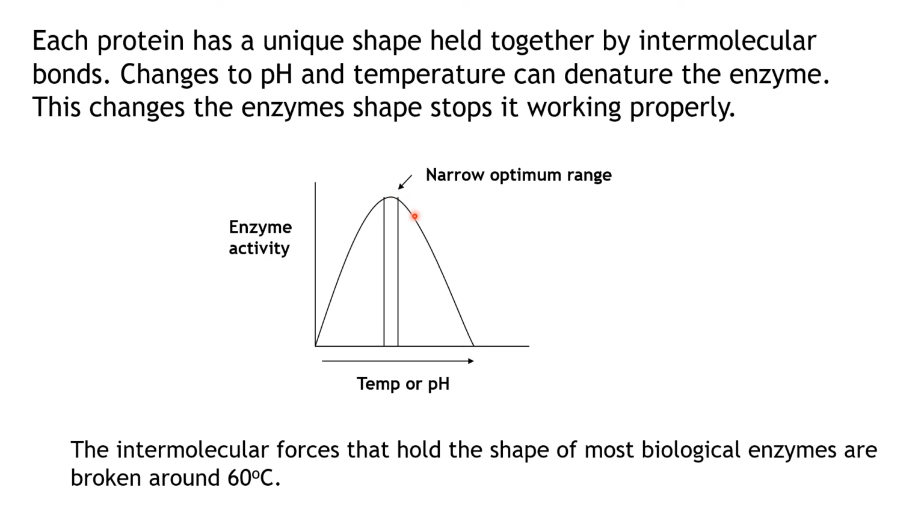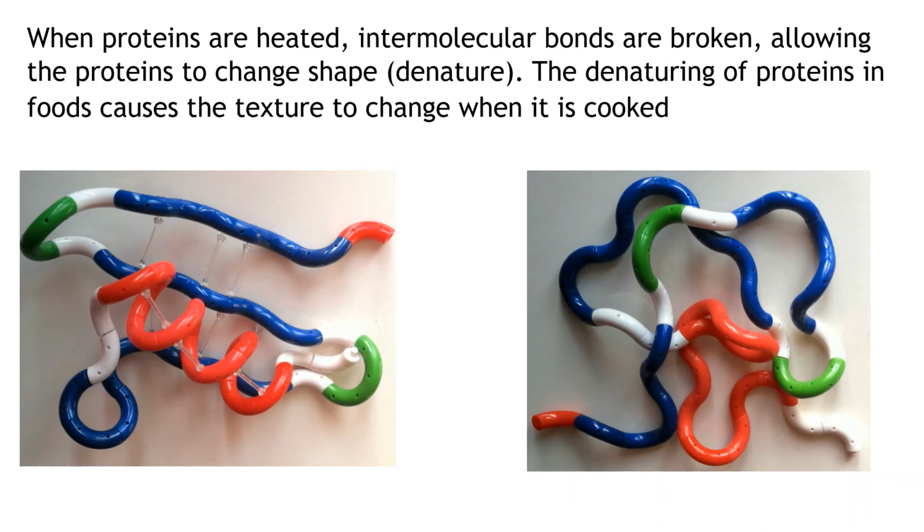However, if you heat these enzymes, say above 60 degrees, then we get a decrease in activity or function because the enzyme has been denatured and lost its shape. This is because the intermolecular forces that hold the shape of most biological enzymes are broken around 60 degrees or so. When proteins are heated, intermolecular forces such as hydrogen bonds are broken, allowing the proteins to change shape and become